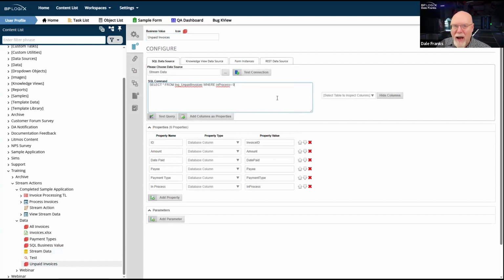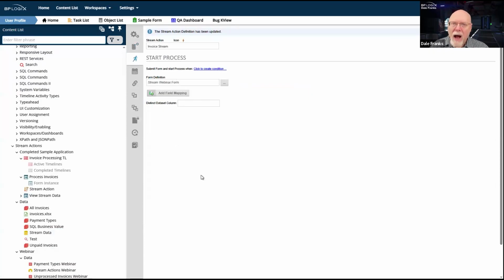And with this where clause, it's only going to pull me the data I want. That's fine as far as it goes, because I already have a way, since I'm using SQL, whether it's in the business value or in the stream action itself. I have no problem specifying what data I want to pull. And I think we would generally accept, and that's certainly the underlying principle of this application, that if I have any data that needs to be pulled at all, and I have any records, then I want to process all of those records. I think that's probably the most common use case assumption we would make in terms of how we would want this application to work.